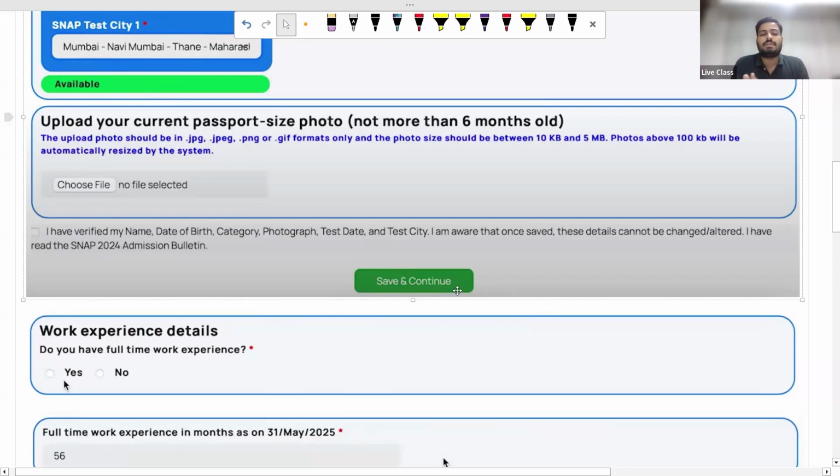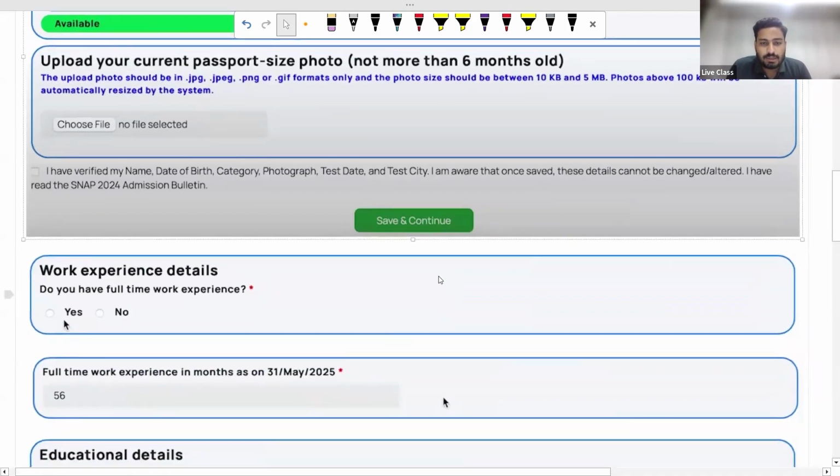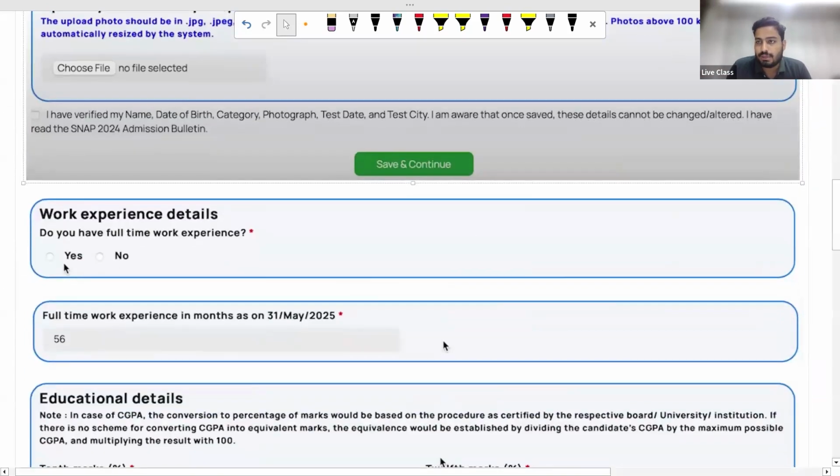Now, when you save and continue, there will be a payment portal, right? They will ask you about the payment. You can just do the payment of 2,250 rupees, which I have mentioned earlier. You will have to make that payment. After that payment, you will have to log in again. See, again you will be required to log in at